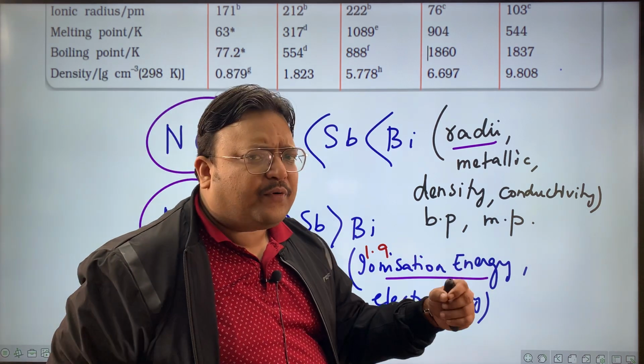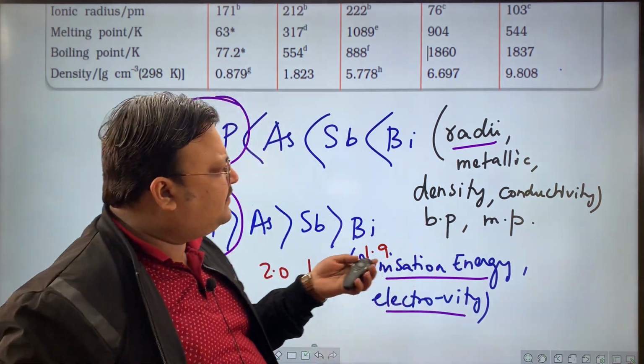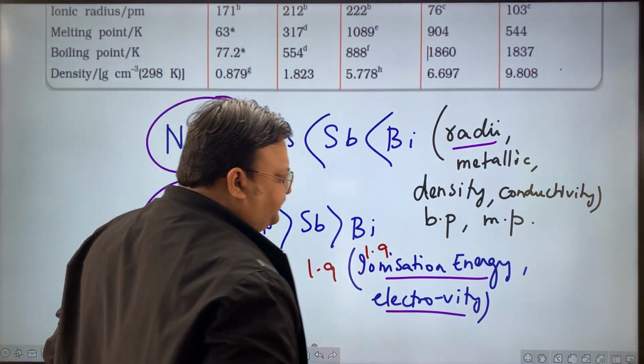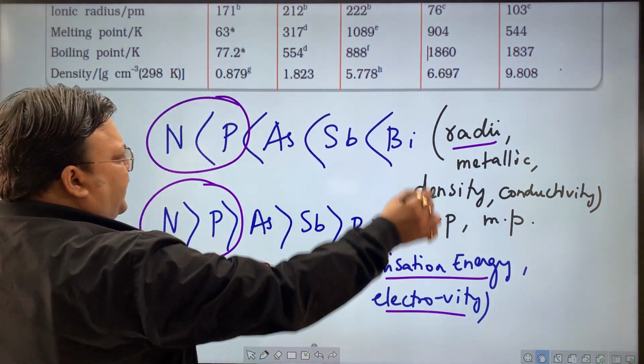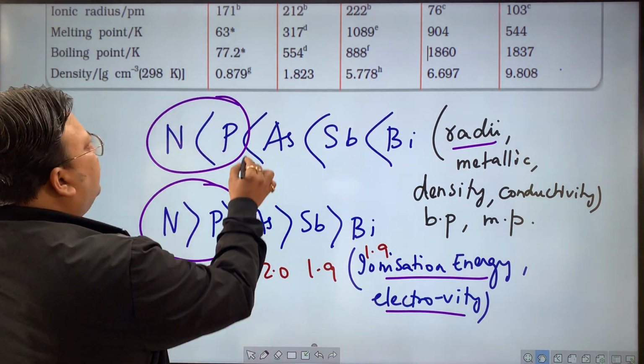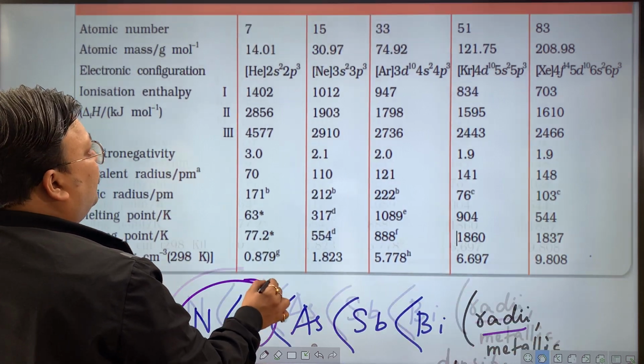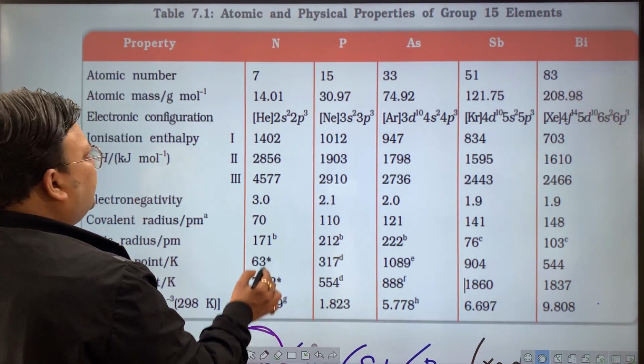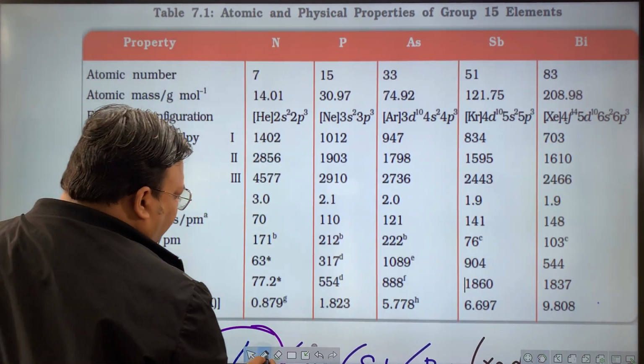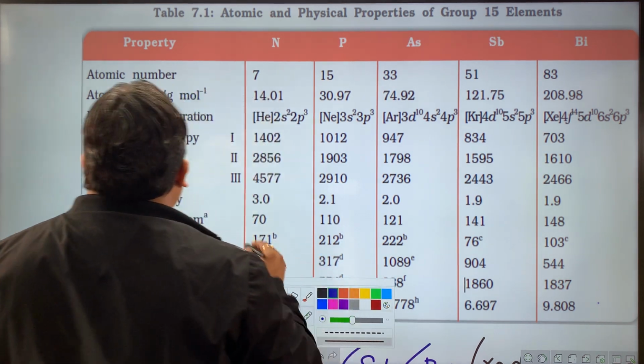Between boiling point and melting point, there is going to be a catch in one of the parameters. Now let's come to the table. But this is the summarized form. In any case, you don't want to mug up all these values. You know the atomic number. So atomic number is a known fact.